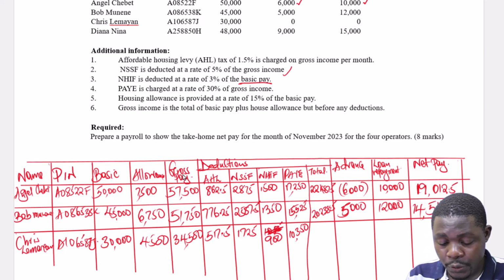Then the total we have to add 900 plus 1,725,